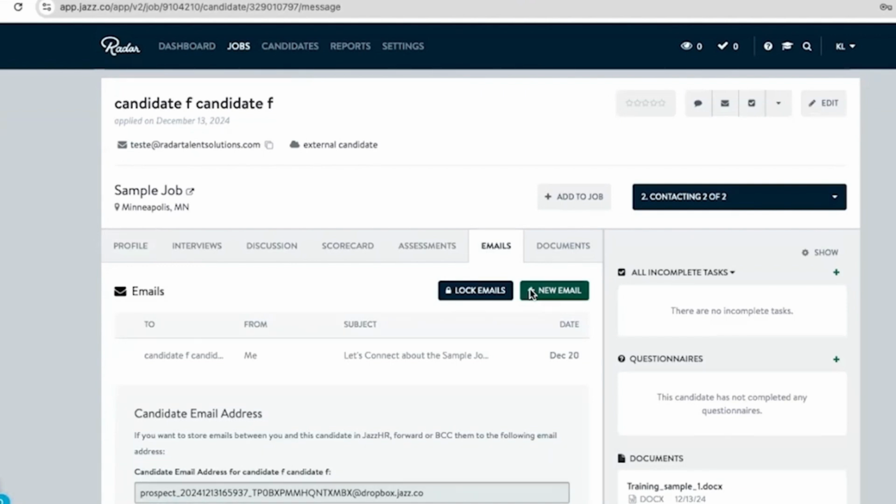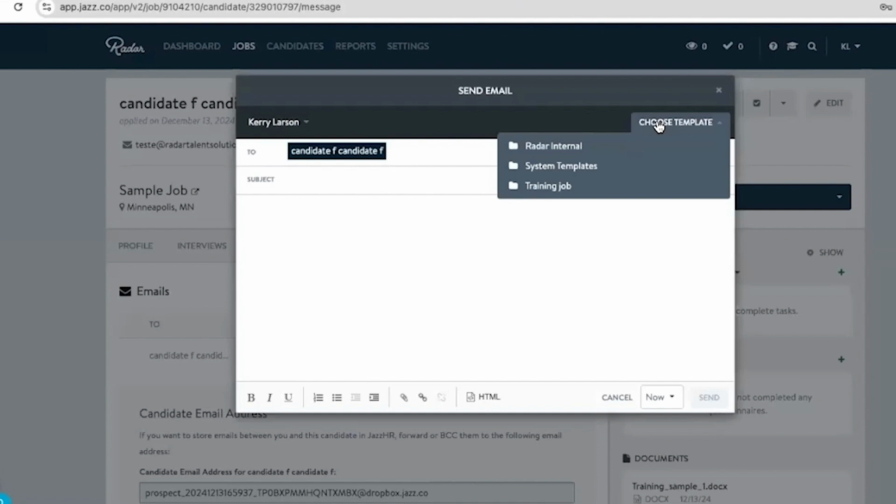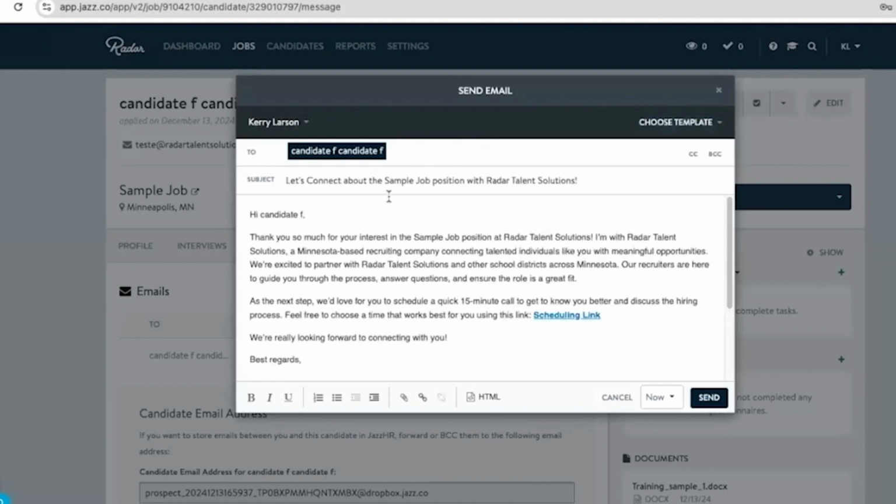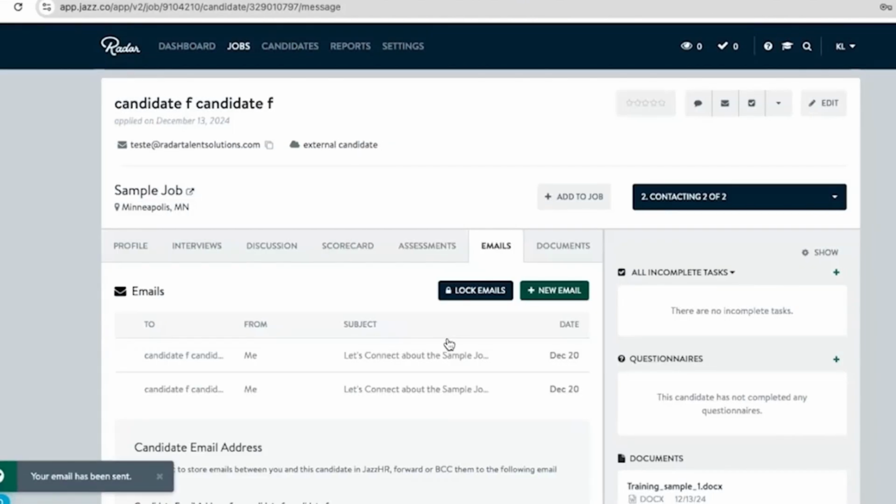email, and you could come here to choose template, and you would want to go into the folder for that position. And for this position, we would choose training job, and then we would select the new contacting email, which is again going to send them that link to schedule a screening. And we're going to hit send, and that will send that email for them to, you would like to have